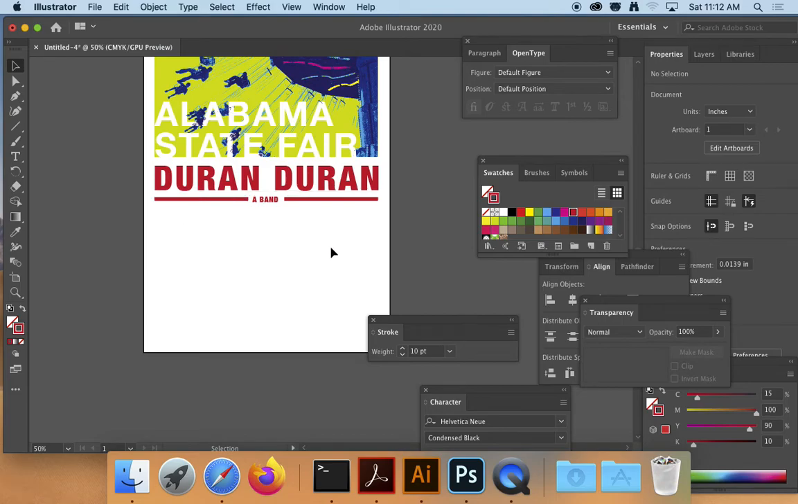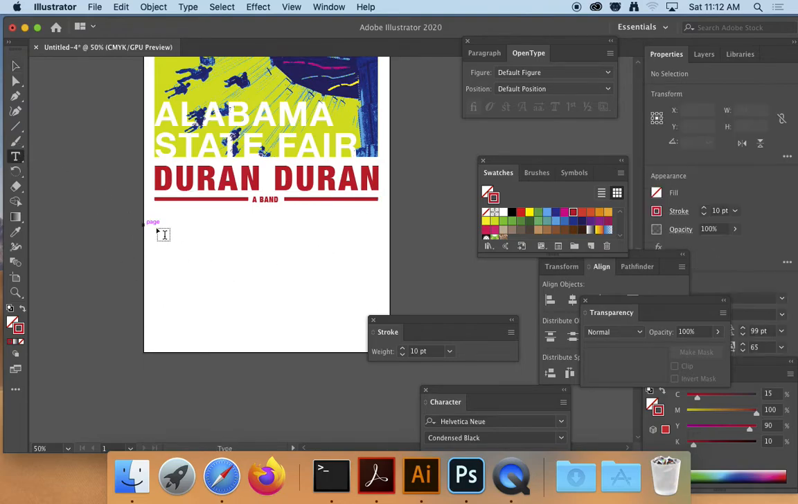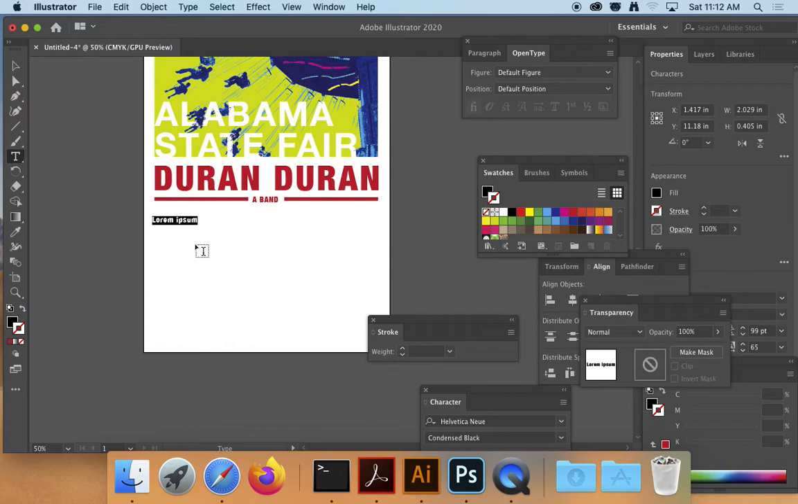So you can see that I'm starting to build some interesting hierarchy with the two sizes and the boldness, and that this is condensed, and this Alabama State Fair was not a condensed typeface, and I have this line that's kind of interesting. So then there's a few more things that we're going to add here. I'm going to click